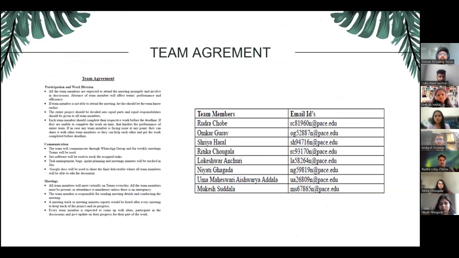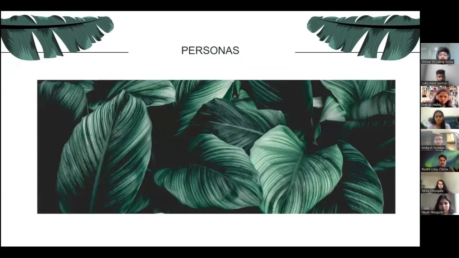The team agreement, we came up with this team agreement. It covers meetings: if somebody is not able to attend the meeting, he or she should let everybody know. The entire project should be divided into equal parts and equal responsibilities throughout the team members. Each team member should complete their respective work before the deadline. If they are unable to complete the work on time, the performance of the entire team is hindered. So in this case, a member is facing